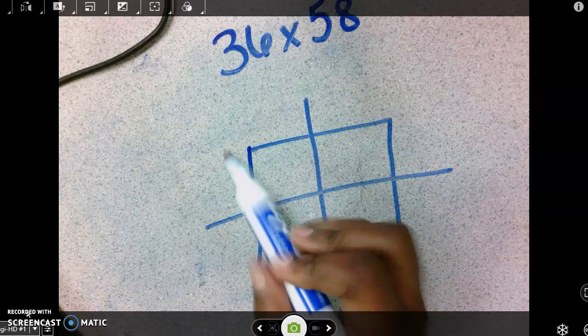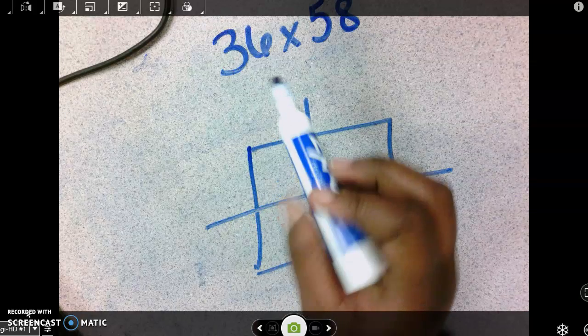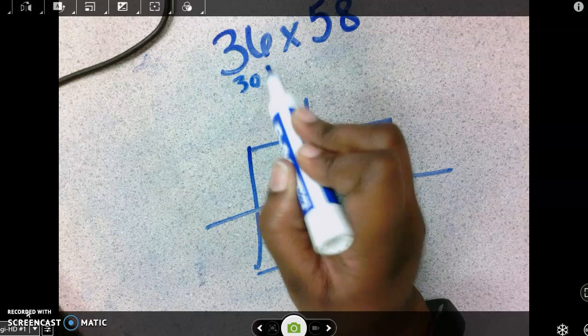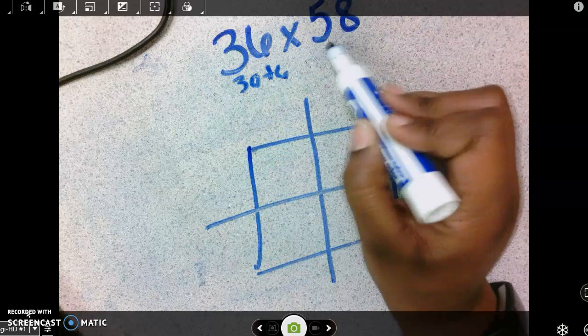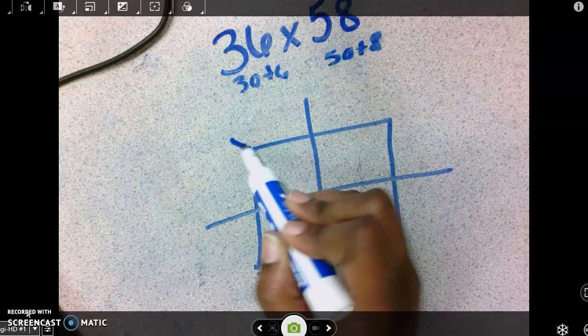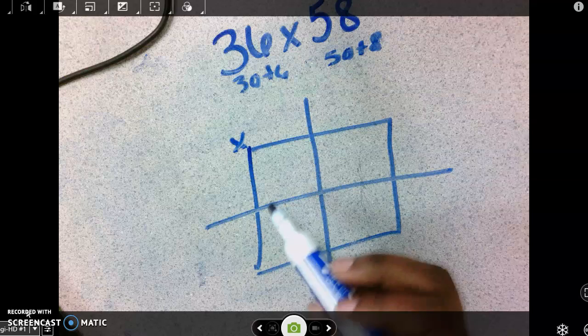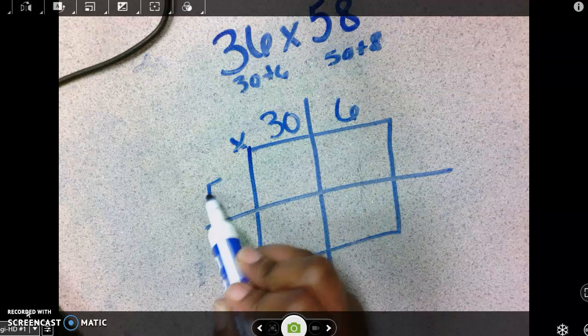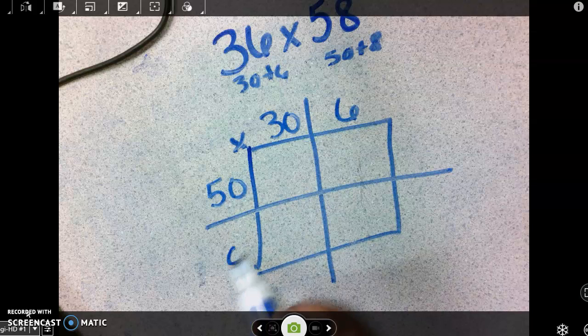So now I want to decompose 36 into expanded form, which would be 30 plus 6 and 50 plus 8. Alright, so now I'm going to put this inside of my box. 30 and 6, 50 and 8. Here we go. Now I'm going to multiply